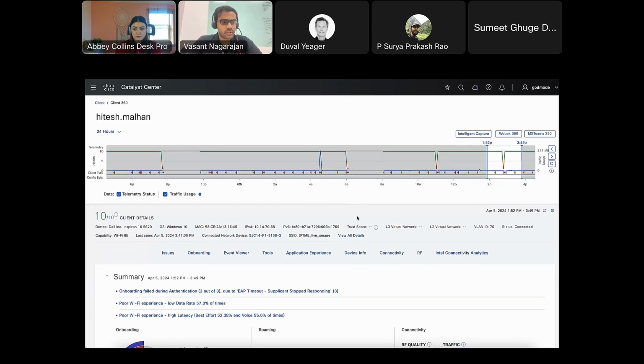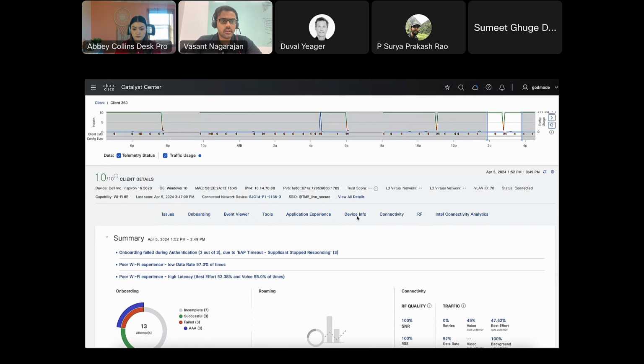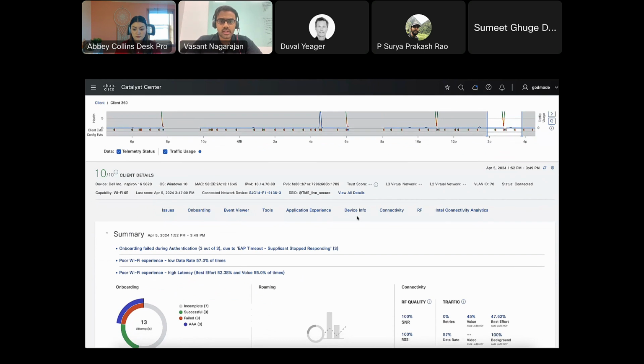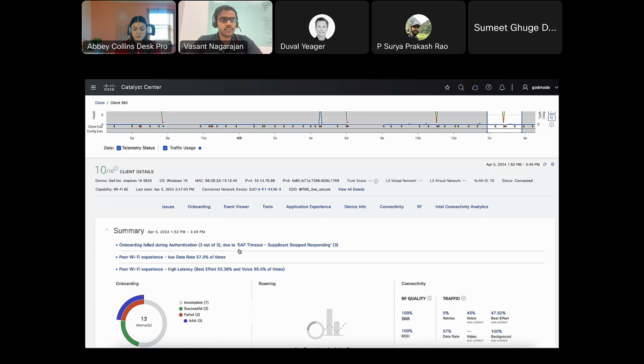Apart from that, we also give you client details like what is the client OS, what is the MAC address, IP address of the client, SSID, the connected network device. Then the summary of the client. So this is something where we show you what is happening with the client during that period in time, the selected duration of time. So once we select that 2 p.m. to 4 p.m. time, all the information on this page is going to be updated with respect to the selected